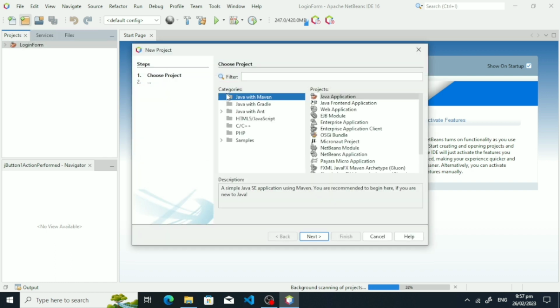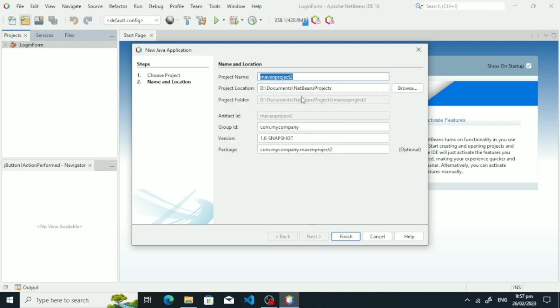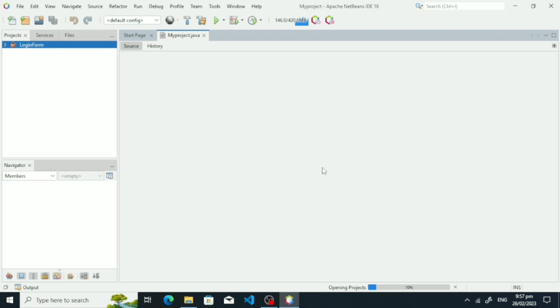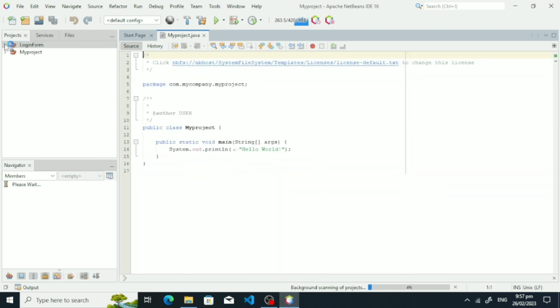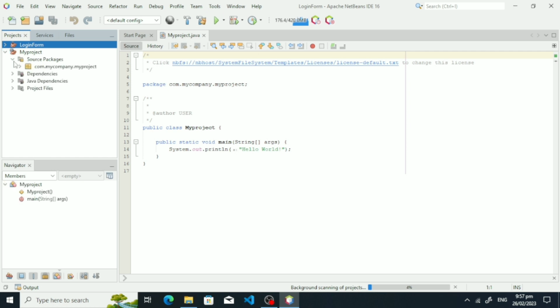So click this, and then Java application, then click next, and then name the project whatever you want, but I name this my project, and then click finish. Okay, wait for it. Okay, and then after this one, click the project that you created, and then inside the source package,